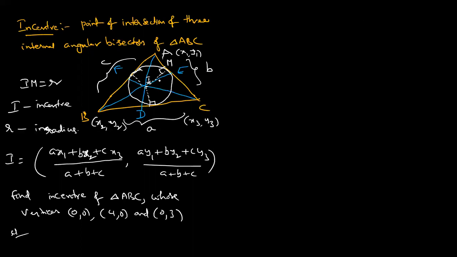Now someone is typing something. I have a doubt, sir. Tell me. So for a, we should find the distance between B and C, and then that should be multiplied by x1. Like that we should find, sir. Yes, I will explain now. First example, if you are finishing this one, I will explain.